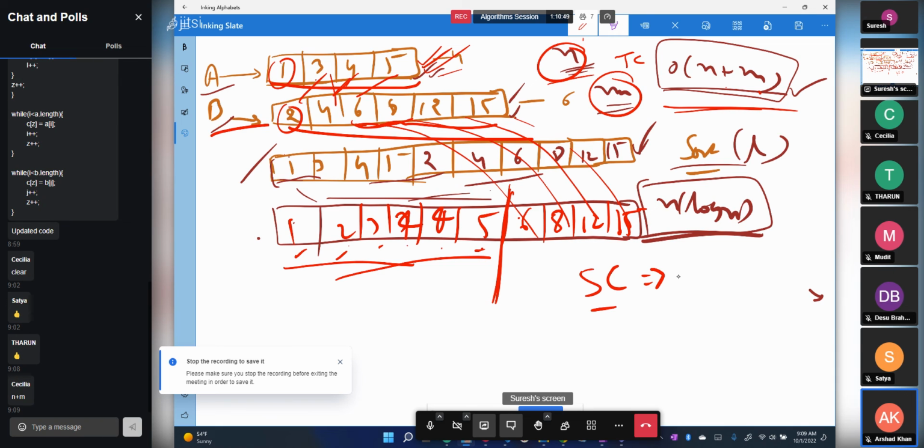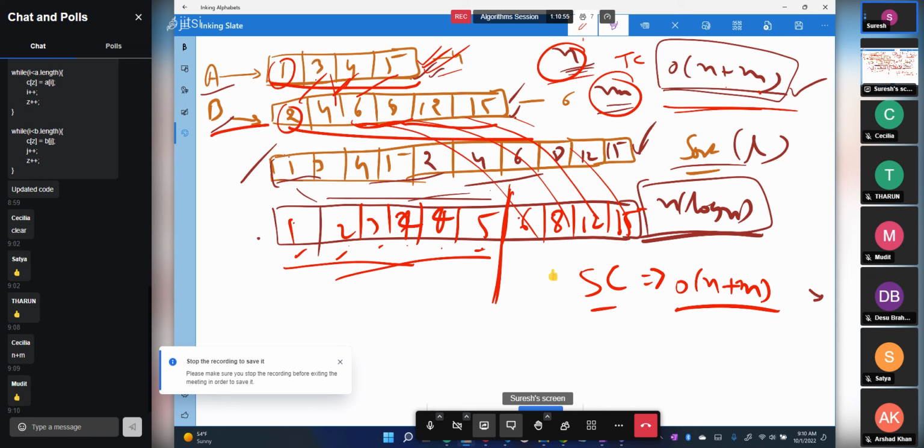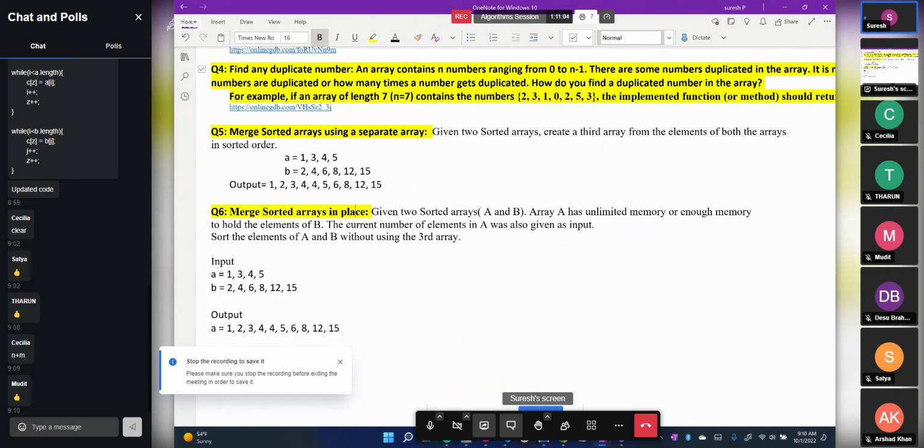Order of m plus n. Right, exactly, it's also the same thing. We are taking n plus m. So if we have 5 and 5, we are taking 10 elements, right? So now what we are going to do is, by doing in place, basically given two sorted arrays in the